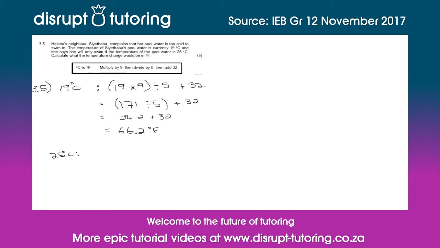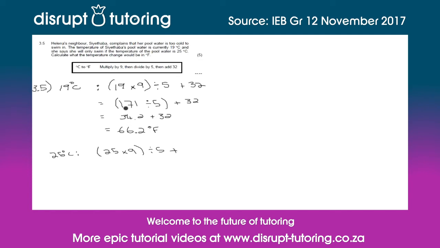Okay, and then we need to do the same thing for the 25 degrees Celsius. So again, we need to take that formula, so it's 25 multiplied by 9 divided by 5 plus 32, and this is going to equal, in your calculators, 25 times 9 is 225, and this needs to be divided by 5. So again, we do brackets around that, plus 32. So this is going to equal 45 plus 32, and you put that in your calculator, and this equals 77